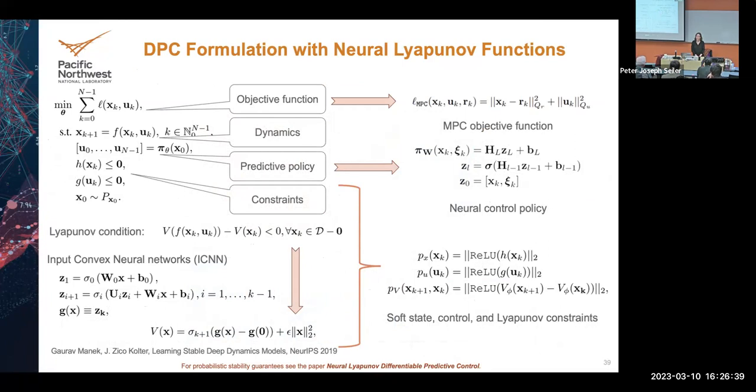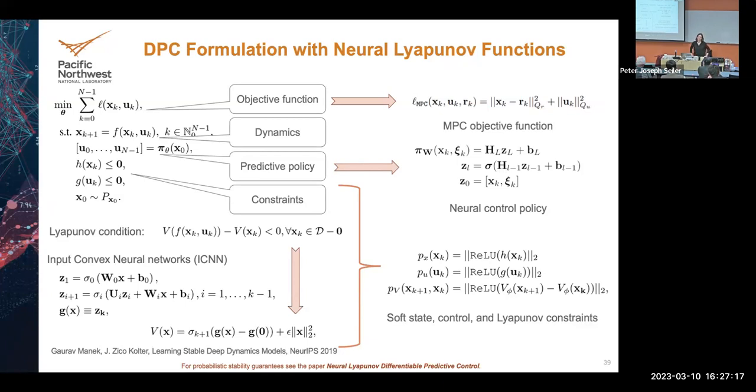One follow-up on this: is the condition verified for all the possible states or only the training data you get? Well, basically only for the training data, right? So it's only providing the guarantee in the statistical sense, that if you sampled enough and if you sampled in the regions where you actually want to get the result, then this is providing a stability guarantee. Otherwise, it's not. It depends on the sample data.